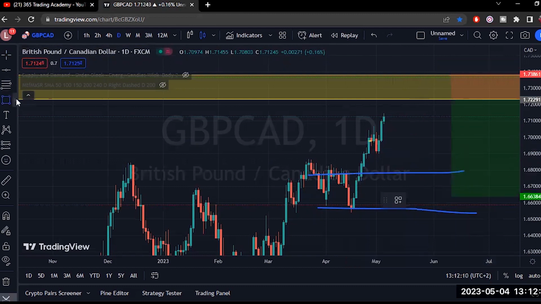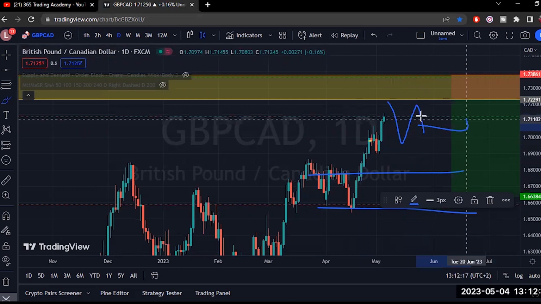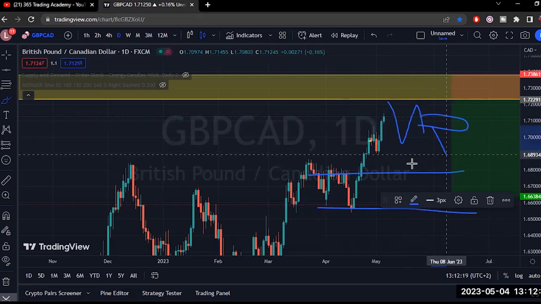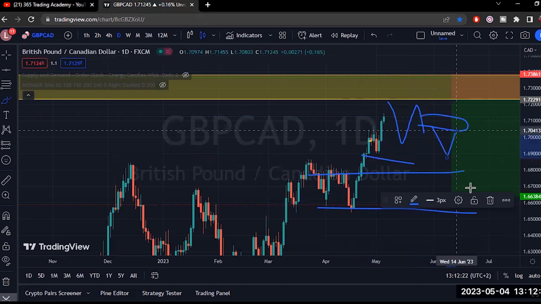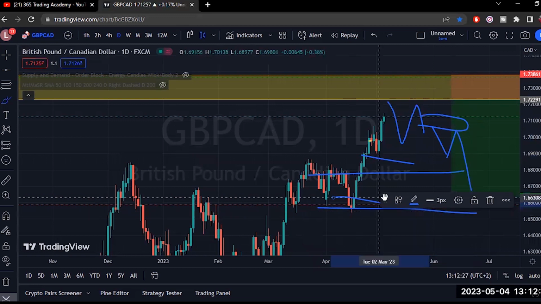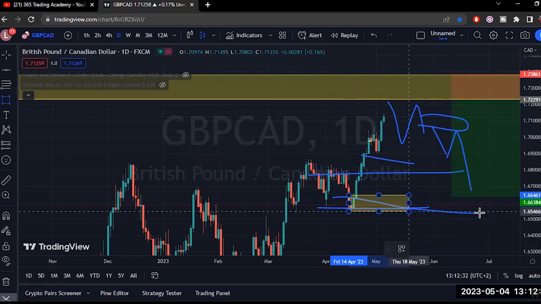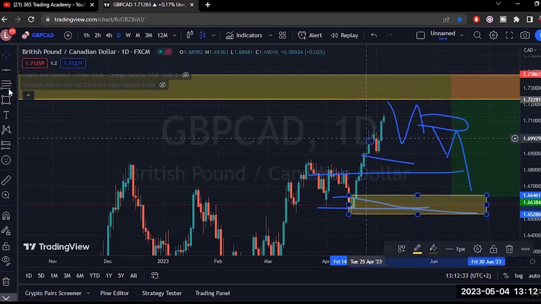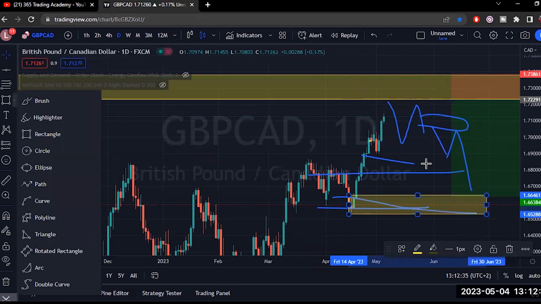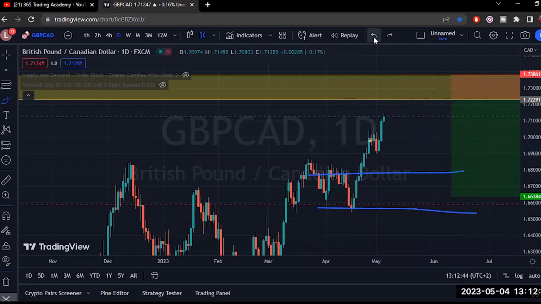Why I would hold all the way down to the weekly demand all the way here is because I would have seen, coming back to this chart next week, that markets came to this demand, maybe came back to the supply. As they were coming back down, markets created a new supply, removed this demand, came back to the fresh supply and went. Now I have room to come all the way down there, right? I can now justify why I am holding all the way to this lower demand, because I've waited for the banks to remove an area of value that the banks created. I haven't just assumed that they will, right? Assumptions are pretty much the death of most trading accounts.